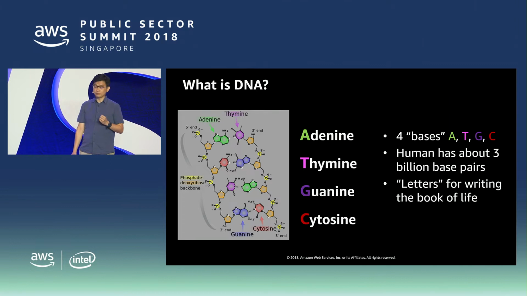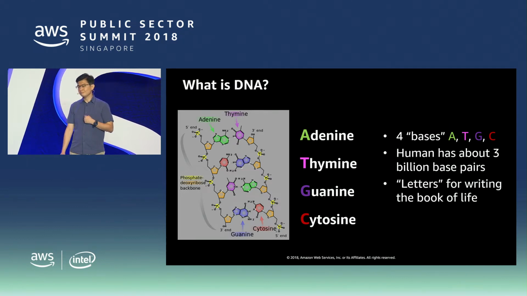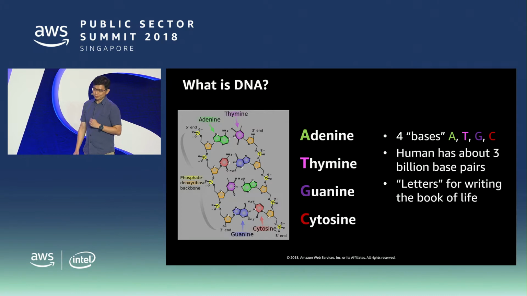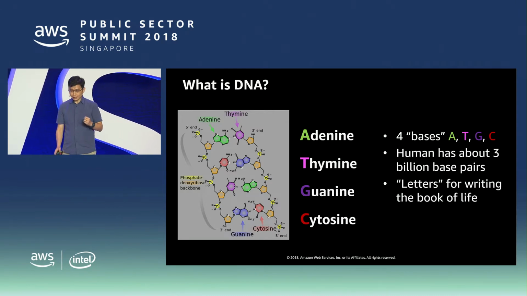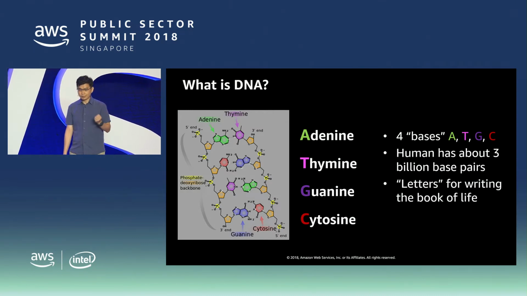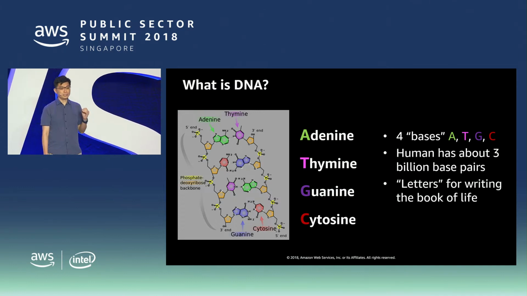3 billion per human? Yeah. So that means in this room, currently, we have probably about 30 billion? That's one way to put it, sure. Collectively, that's your genome, hence genomics. The bases are essentially like, if you're a book, then the bases are the letters which we write the book from.